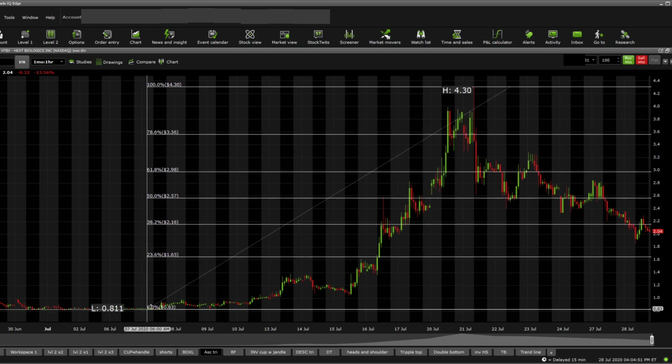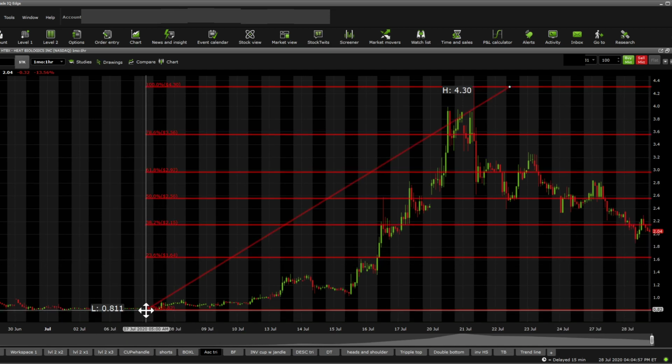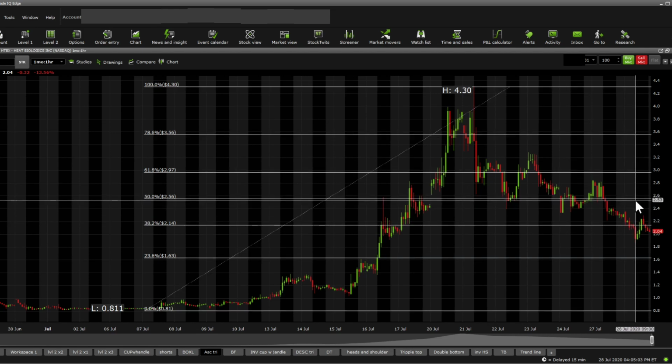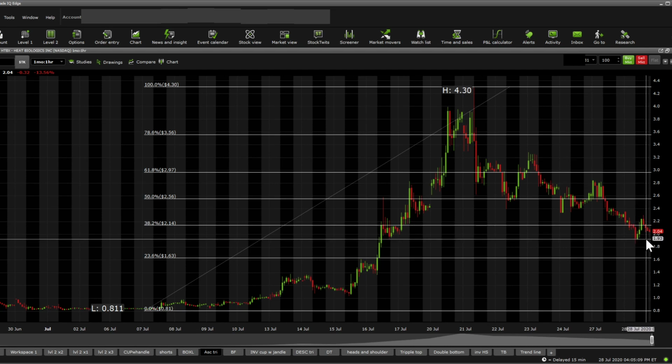Fibonacci retracements and supports right here. It seems that the Fibonacci support is at 165. Let's just decrease this just a tad. Okay, sorry, 163. Resistance seems to be 214 for Fibonacci, following 256. Following that, 297. Now, if we're talking about traditional supports, it seems that they created some kind of support today